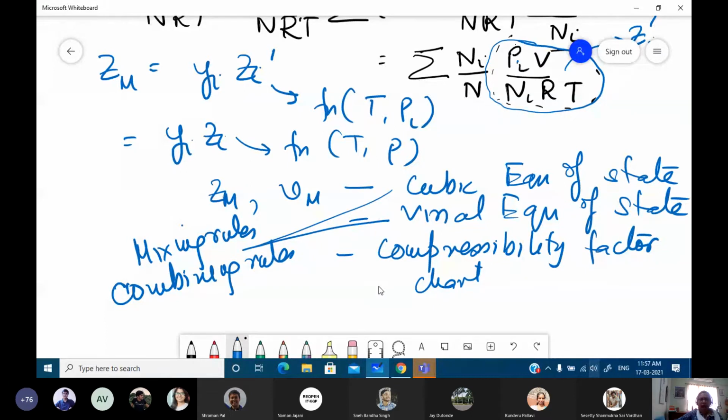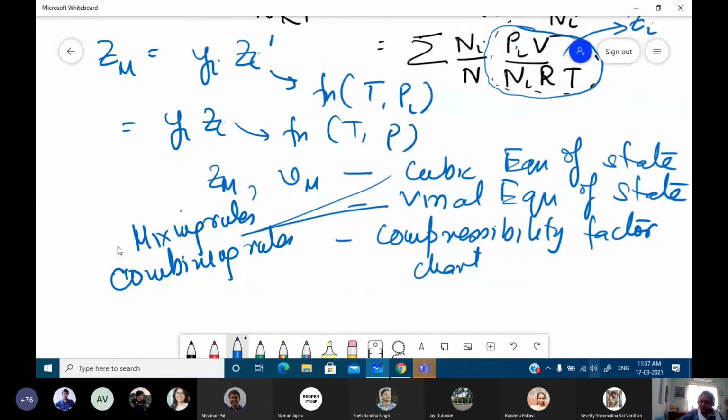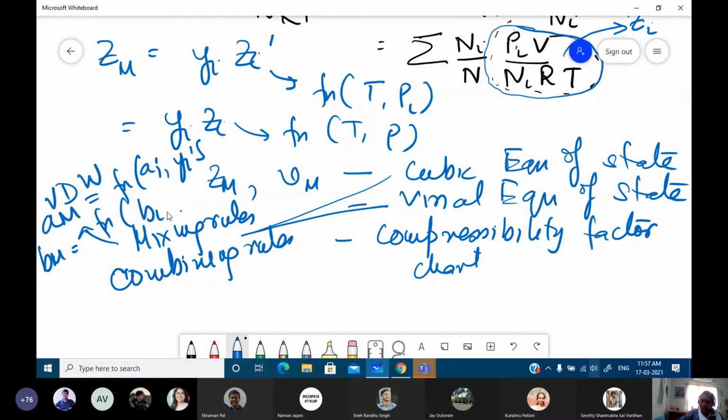So therefore we have mixing rules which define the constants of the equation. If it is a van der Waals equation, then it expresses am as a function of ai's and yi's, and bm as a function of bi and yi. And whenever we are going to do this, we find that in the expression of am we will be having